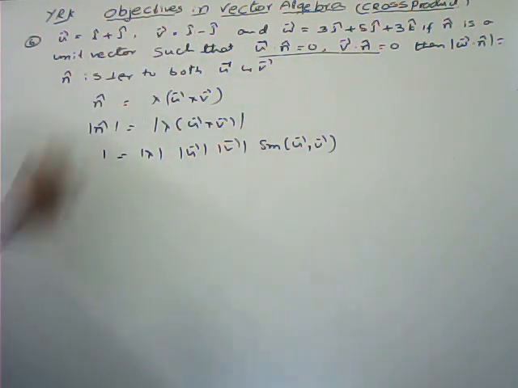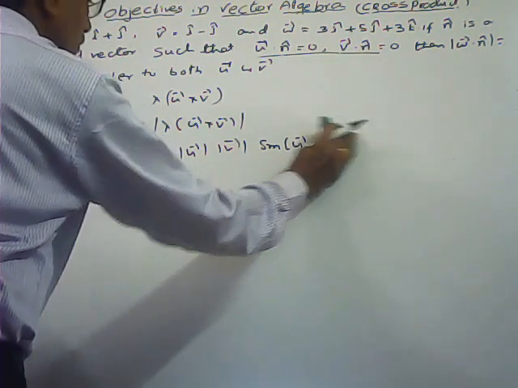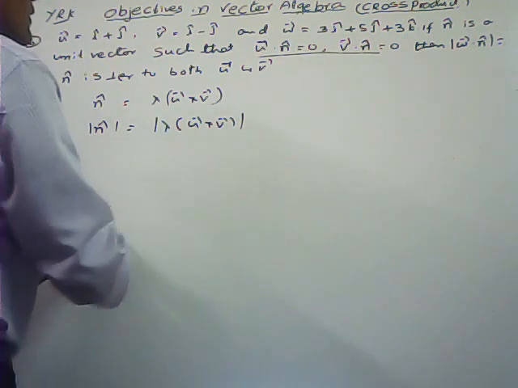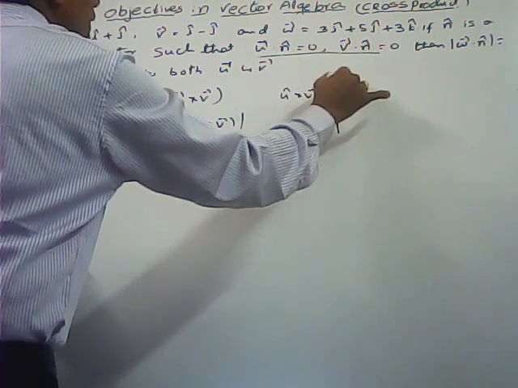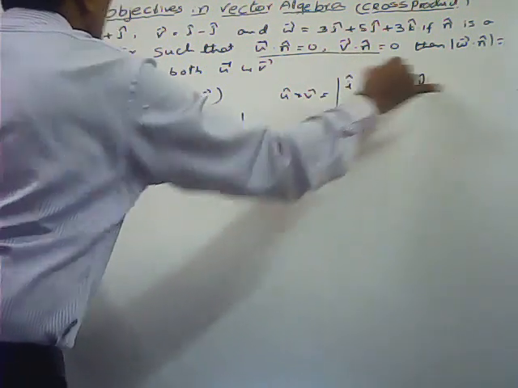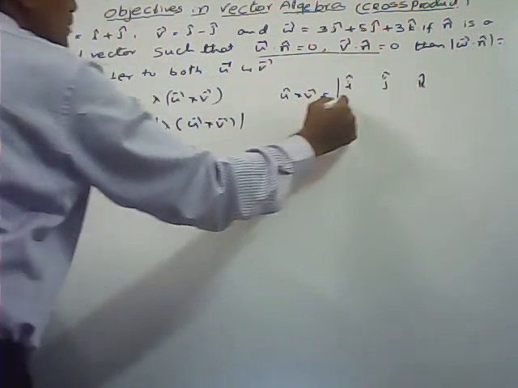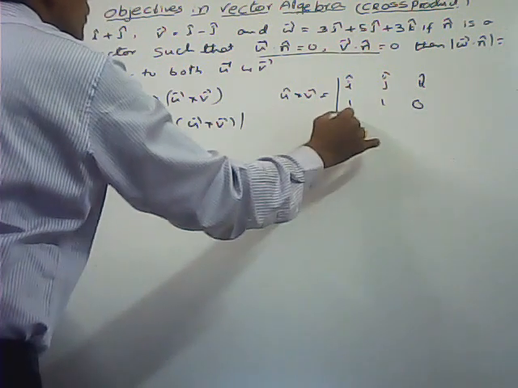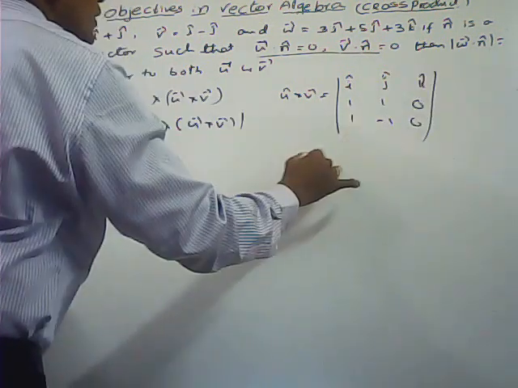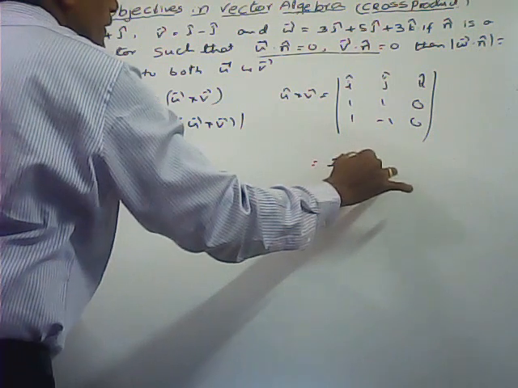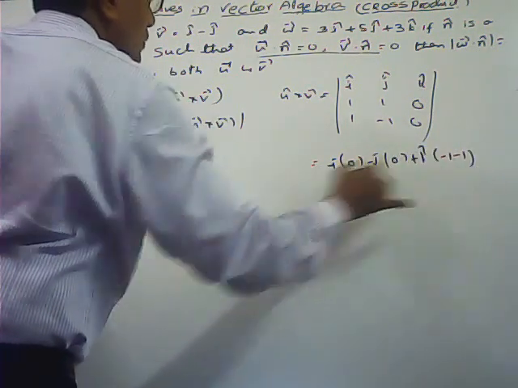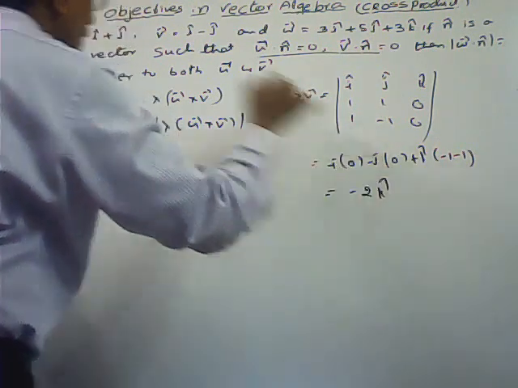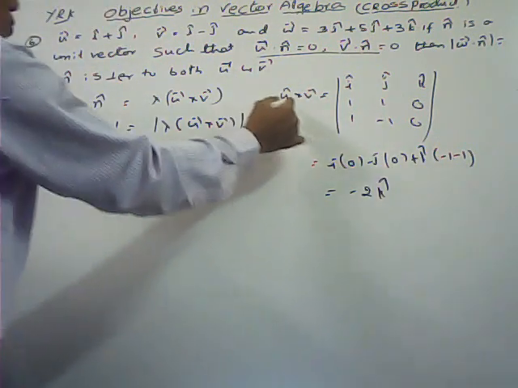Again, we have to find the angle between the two. Cos theta is equal to, again you have to convert into sine. Instead of that one, this is better. U bar cross v bar is equal to the determinant of i, j, k; u bar 1, 1, 0; v bar 1, minus 1, 0. i into 0 minus j into 0 plus k cap into minus 2, that is equal to minus 2 k cap.